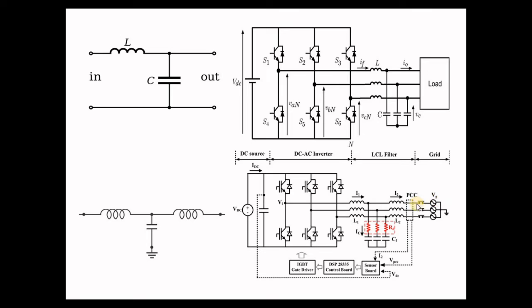The LCL filter is very important in grid connected systems, and an LC filter is sufficient for a standalone system if there is no grid. If loads are very high compared to this, these loads are very high resistance, so currents automatically flow through this capacitor. But if it is a grid, then currents can directly enter the grid if there is no inductor. If this inductor is there, it will oppose the higher order harmonics, so those higher order harmonics will flow through this capacitor. So this is the basic difference between LC and LCL filter.